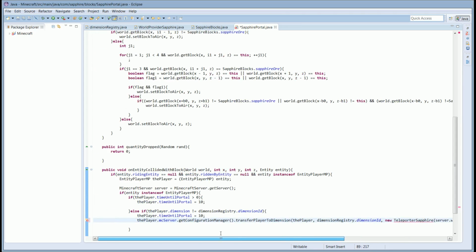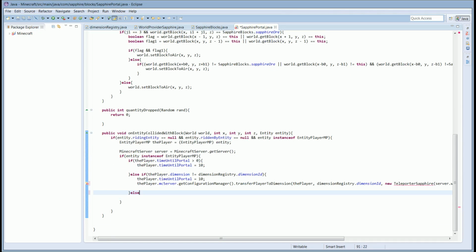What else? After this, we shall create an else statement. Else the player.timeUntilPortal equals 10. So basically this is saying if he is in our dimension, then we send him